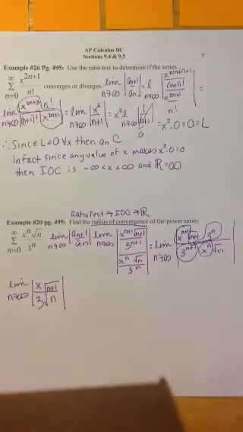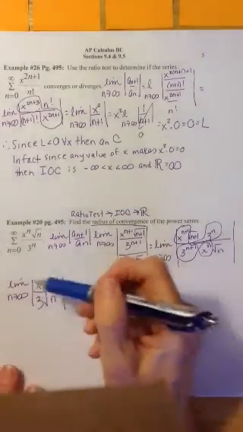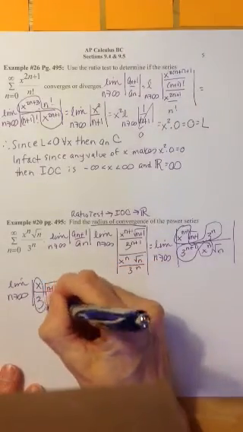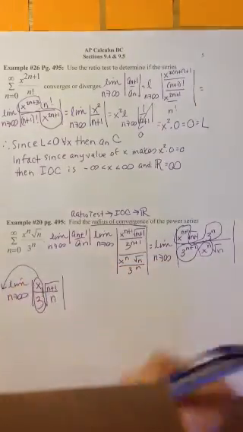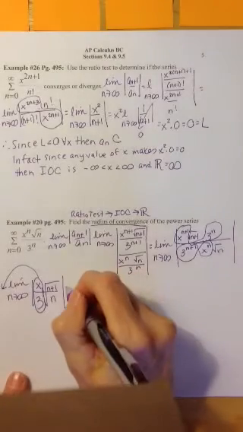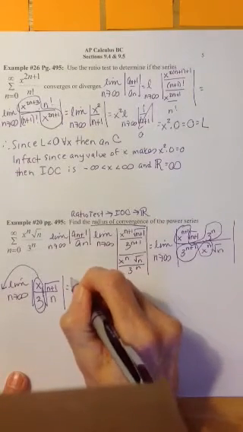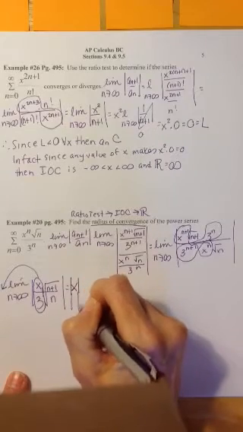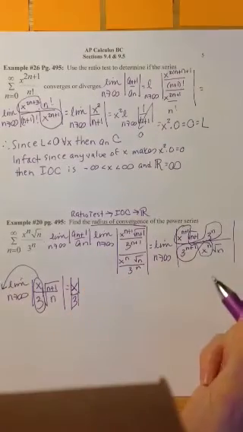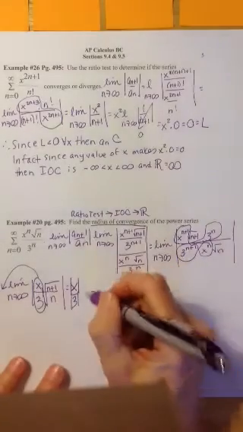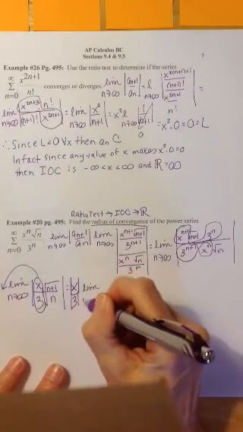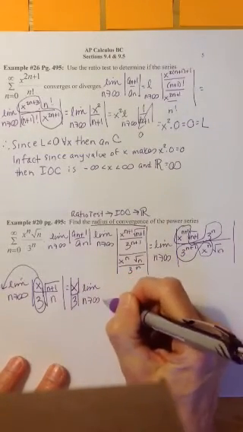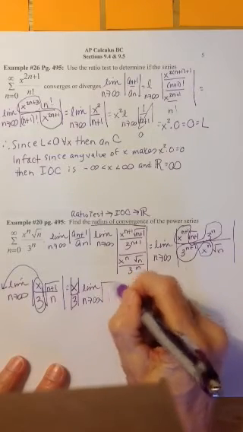Now, like before, whatever inside that does not have an n can get moved out front. So we're going to move this absolute value of x over 3 to the front. So this becomes the absolute value of x, you can write it over 3 or over the absolute value of 3. Either way is fine. This becomes the limit as n tends to infinity of the square root of n plus